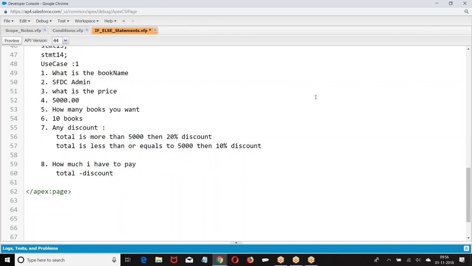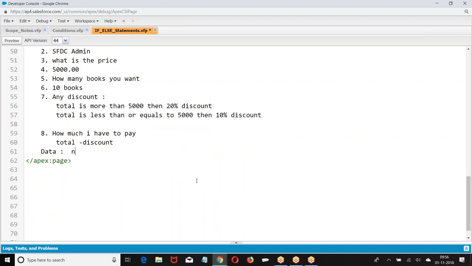What is the data involved? Book name, price, number of books, discount, total.